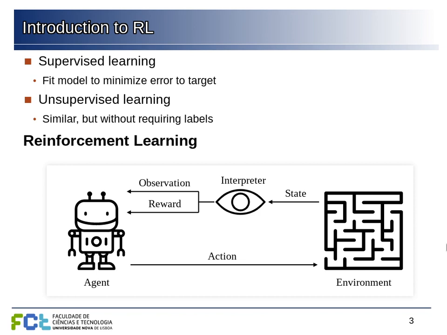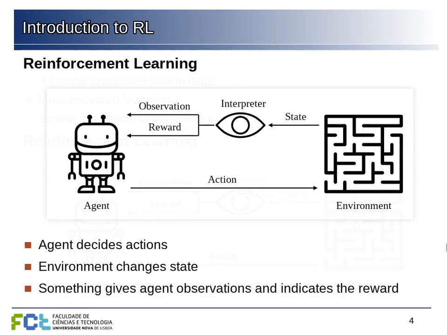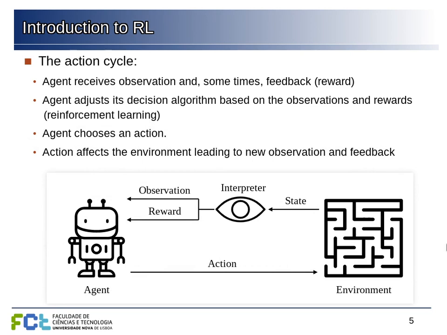So if our agent is driving the car, the interpreter can indicate that the car crashed or that the agent reached the destination, so it gives some feedback, and also gives the agent information about the state, using, for example, cameras and things like that. So what we want here to do is to use this information. So the agent is deciding actions, has some effect on the environment, the states change, and there is some feedback on the agent, but we want to adjust the decision the agent is doing, the way it's choosing the action, in order to improve some measure here, which is this reward.